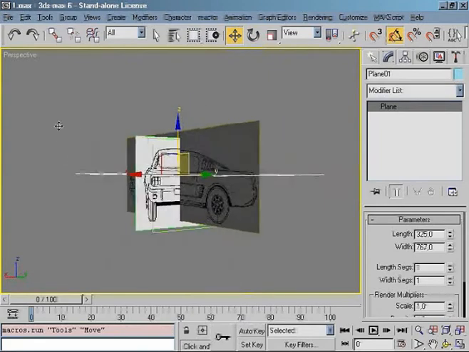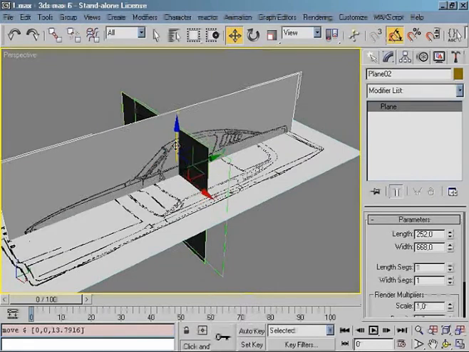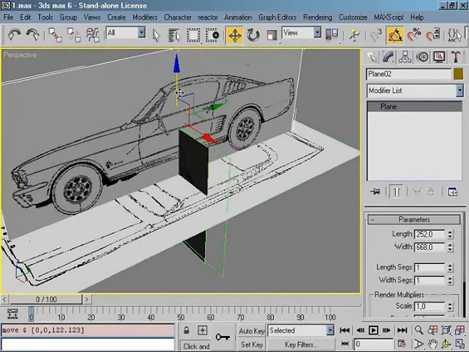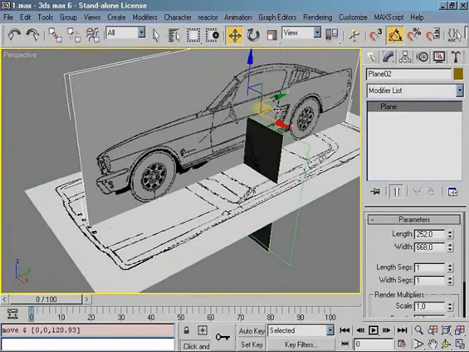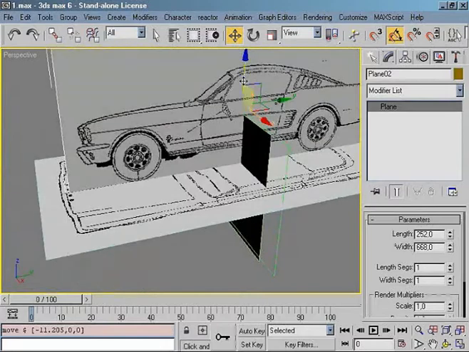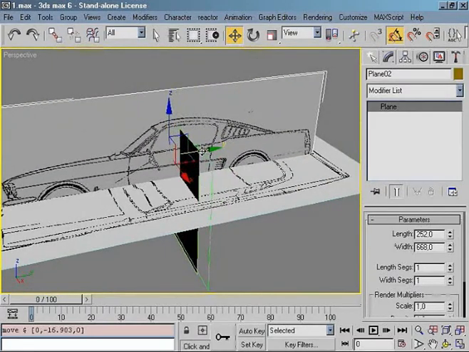Now I will check my blueprints to see if the top blueprint matches the side. To do this, I will have to position the side blueprint in the center of the top blueprint. I will go ahead and make the minor adjustments that I need to make. Now I have to move it back just a little bit. Okay, now move it down, and as you can see, it's a little bit smaller, so we need to rescale